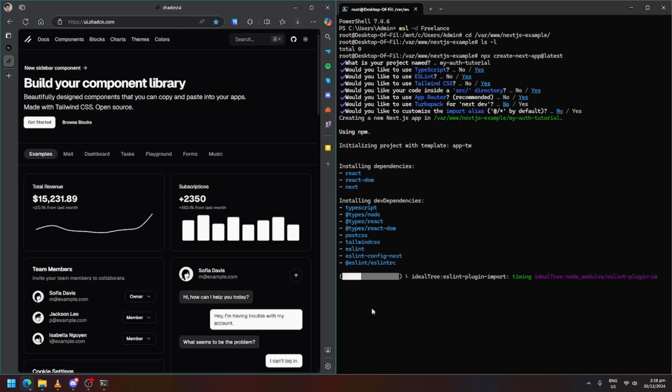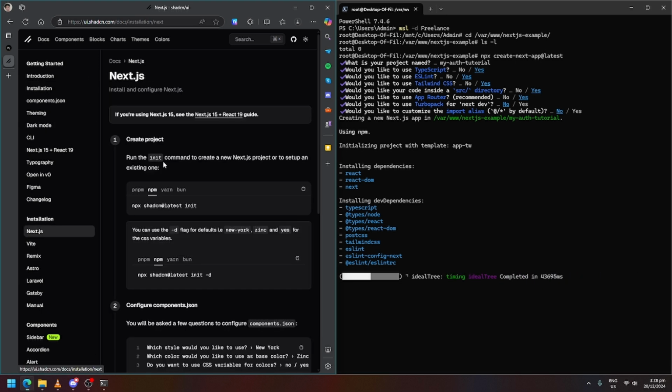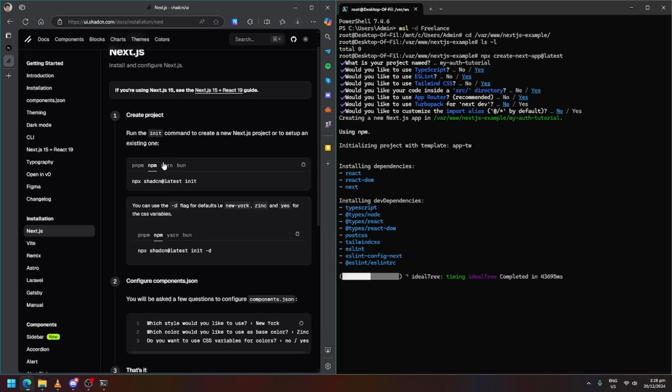Okay, while Next.js is still installing, let's prepare to install shadcn. Let's go to get started, and on the installation choose Next.js. In the create project, this is the step, and let's initiate it with npm init.